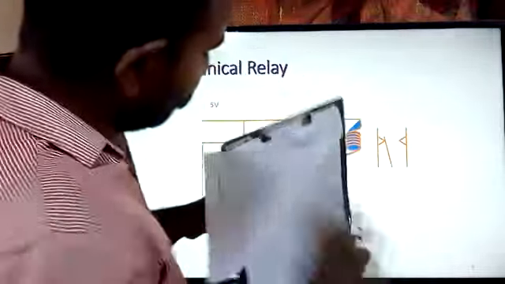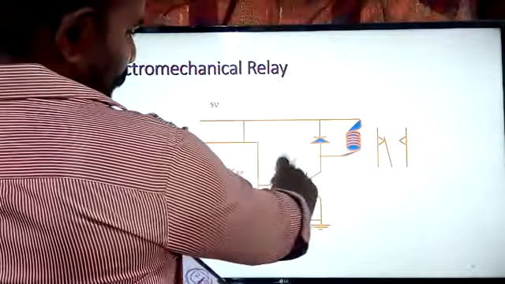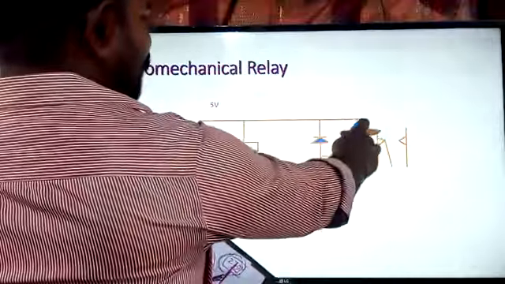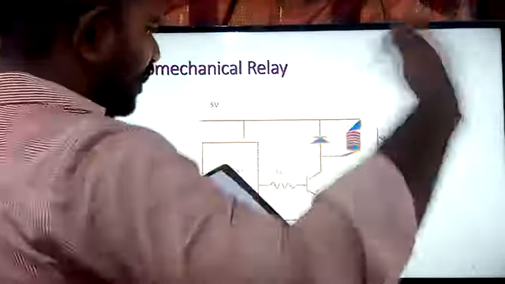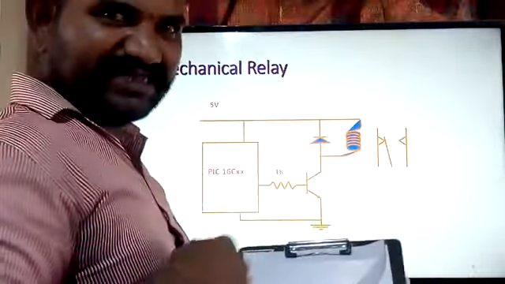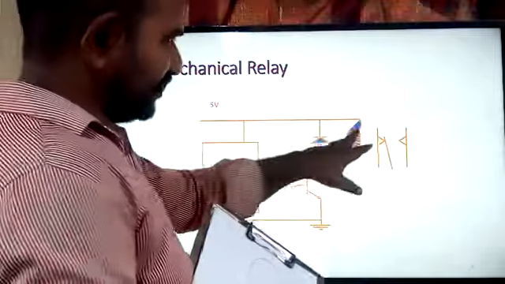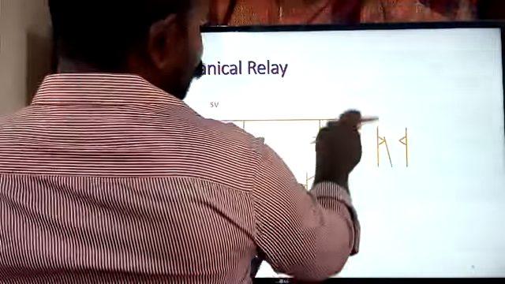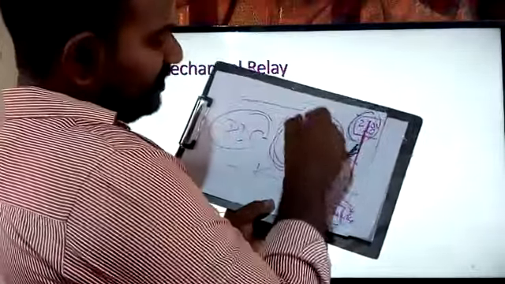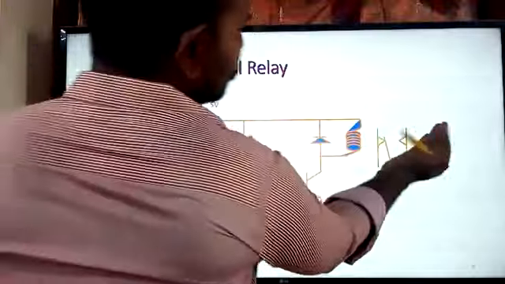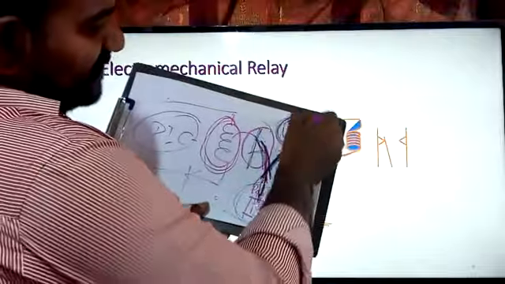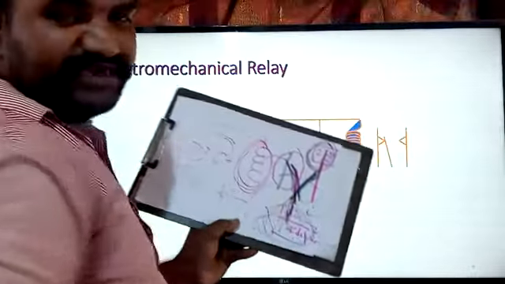Now when you are turning off this particular BJT, the electromagnetic field which is generated by this one changes its direction. That is going to be quite different, because one is a charging and another one is a discharging operation. We are not touching that part for simplicity, but whenever you are turning off this device, the electromagnetic field which is generated by this coil changes its direction. Because of that, the needle is moving from here to here. When the needle moves from here to here, in this example the AC source is disconnected. So when the AC source is disconnected, obviously the device is going to be turned off.